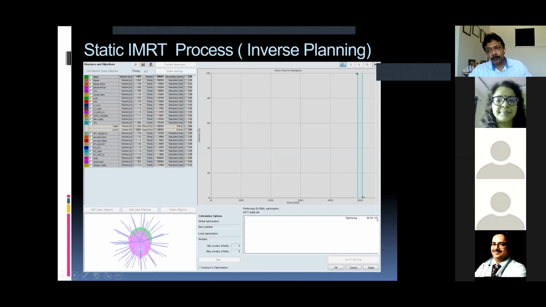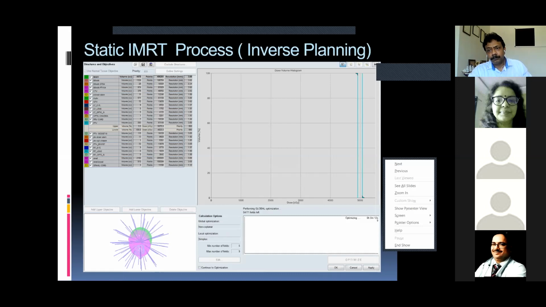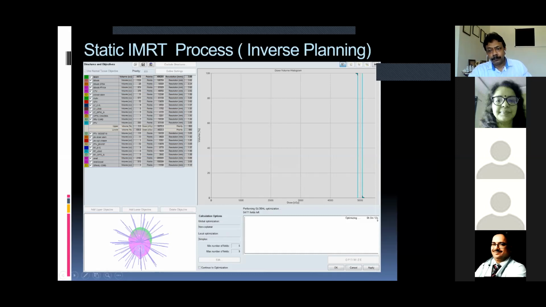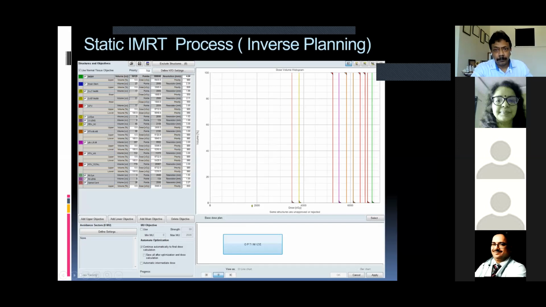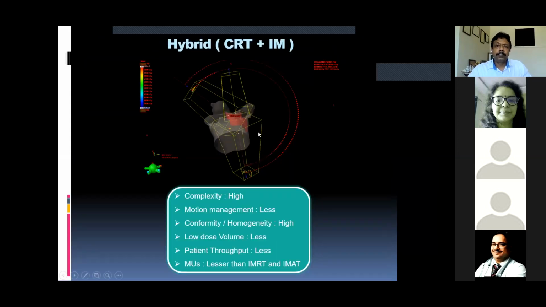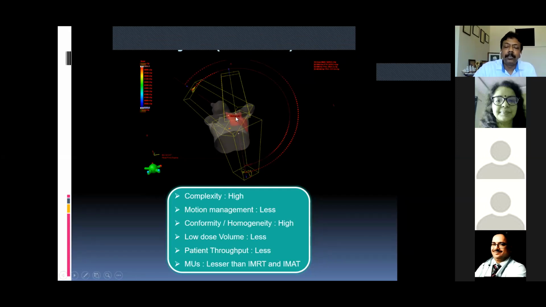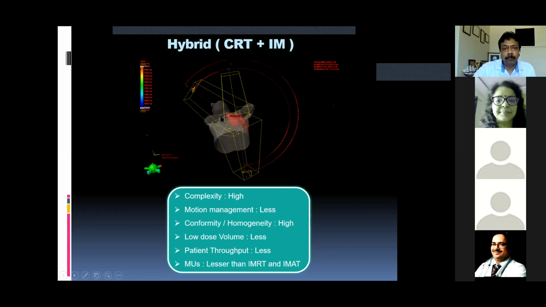Very well explained, sir. How does this hybrid technology differ from simple IMRT? Yes, ma'am. You can see this is a hybrid technology. This is a breast patient, and there are two arcs, one clockwise and another counterclockwise. We also use the direct field in the supraclavicular regions, where there is no need of any modulation, because we know this is a flat type of target. We only need the